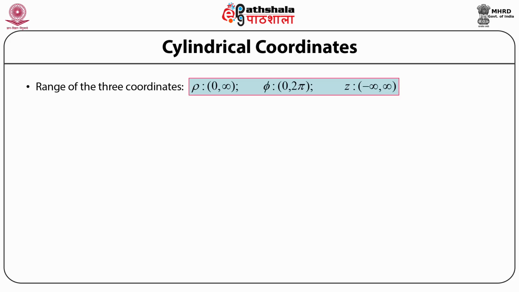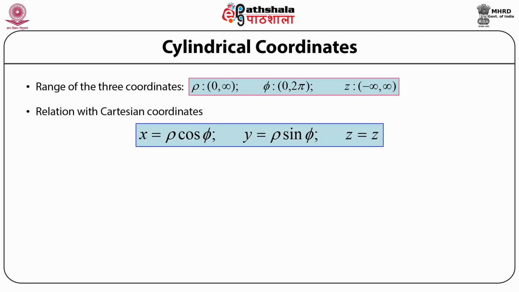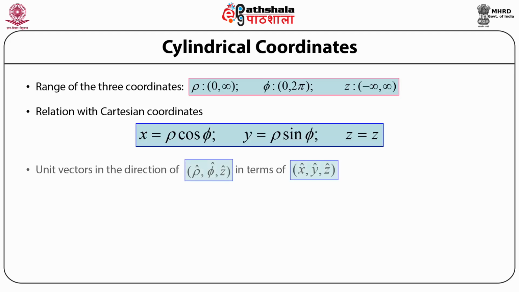And the coordinates in the Cartesian coordinate system in terms of the coordinates in the cylindrical coordinate system are given as x is equal to rho cos phi, y is equal to rho sin phi, and z is equal to z. And the unit vectors of the cylindrical coordinate system are given by unit vector rho, unit vector phi and unit vector z,